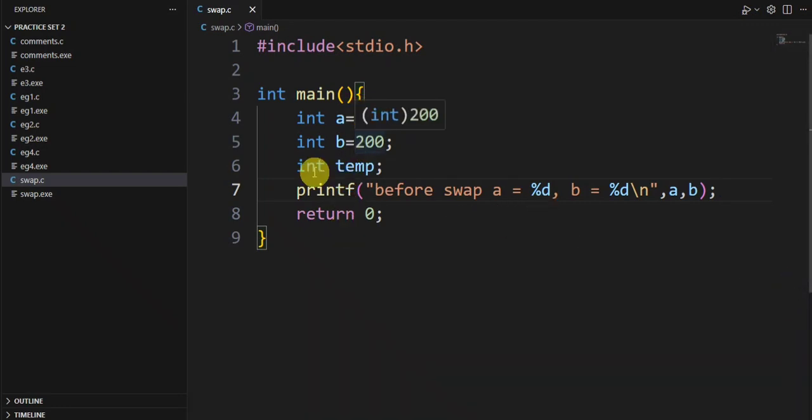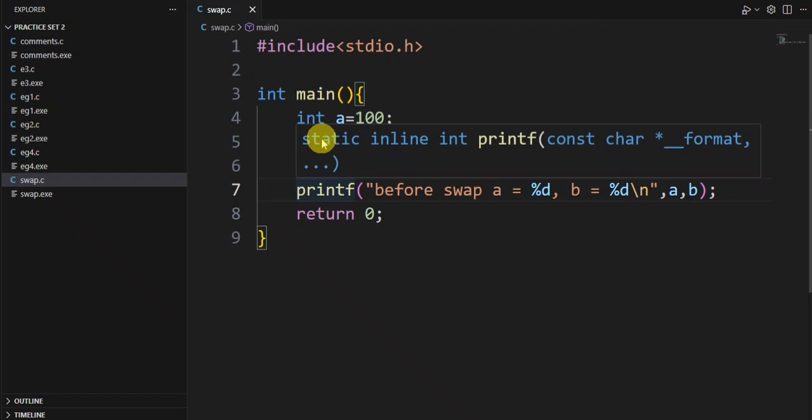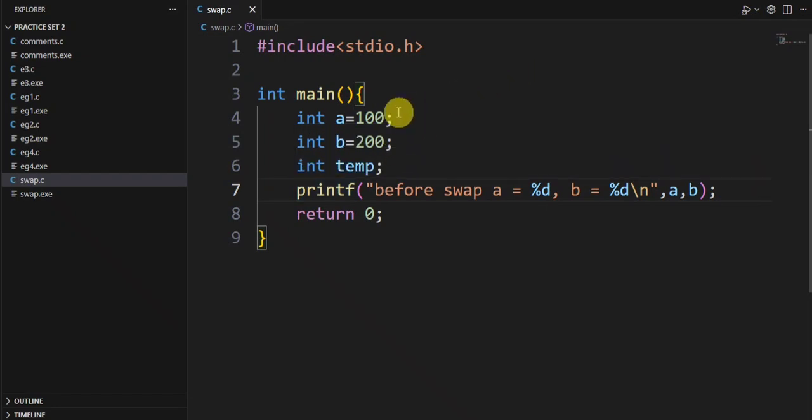Now we are going to store the value of a in the temp variable and the value of b in the a variable, and at last we will store the value of temp in the b variable. Okay, so here we will write a comment: logic of swap,